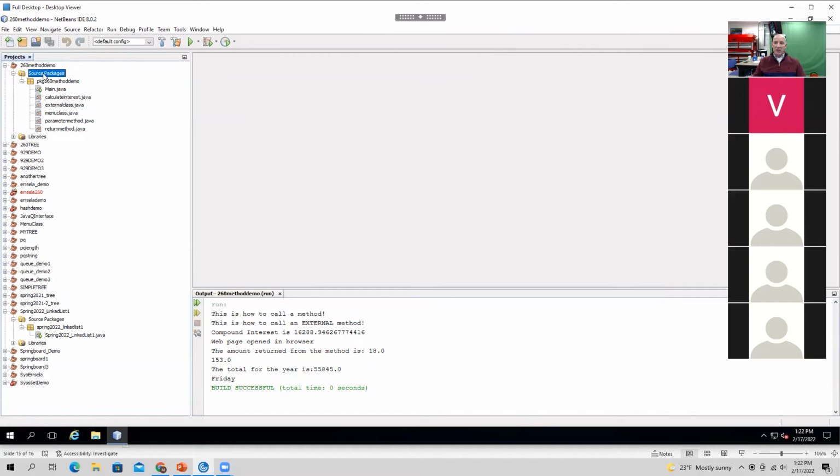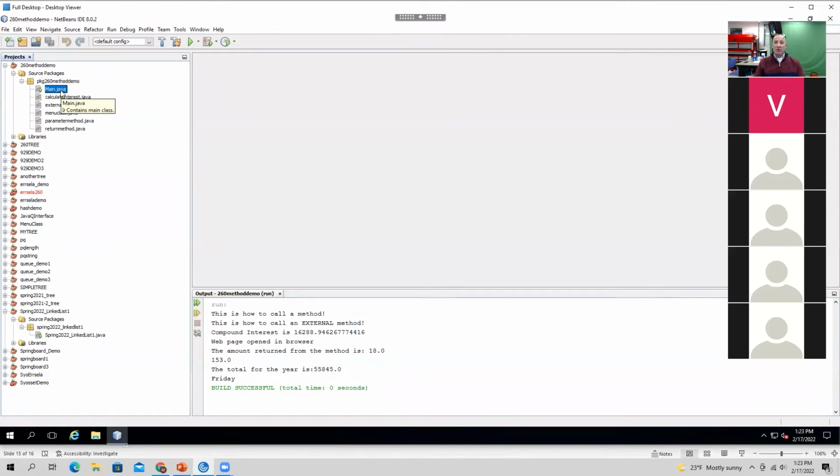When you create different packages and you create classes inside those packages, each class can be named the same thing as the other because they're in different packages. So it makes it easier on the naming convention. This is the interest calculation class. This is the tax calculation class, but it's the tax calculation class of the finance package, it's the tax calculation class of the accounting package. So it makes it easier for us to manage our project by creating packages.